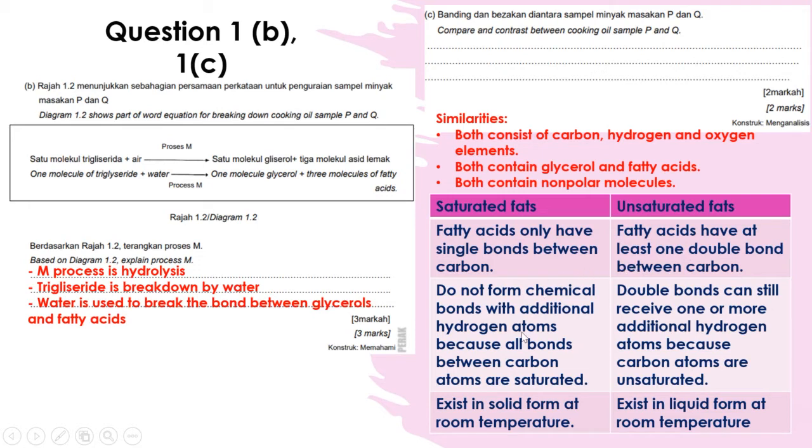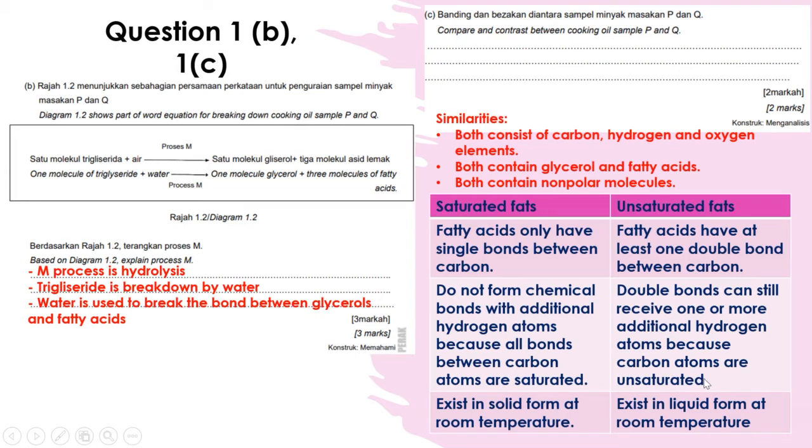Okay, next, the difference: saturated fats do not form chemical bonds with additional hydrogen atoms because all bonds between the carbon atoms are saturated. Because all the fatty acids have single bonds, no additional hydrogen atom can bind with the bond. Next, for the unsaturated fat, the double bond can still receive one or more additional hydrogen atoms because the carbon atoms are